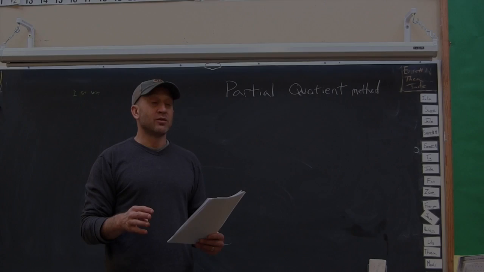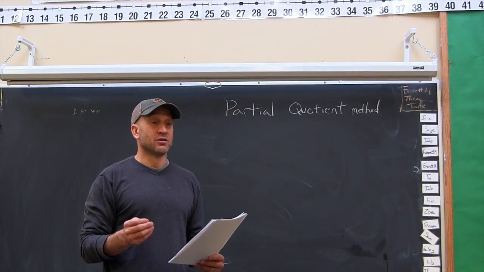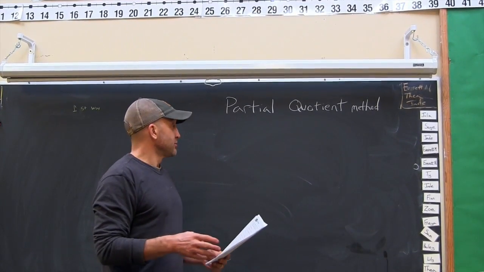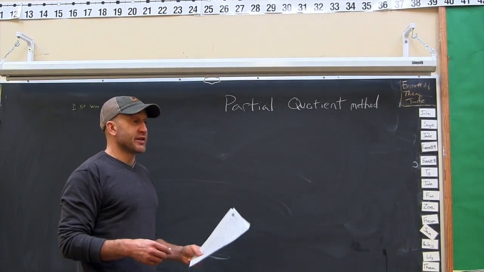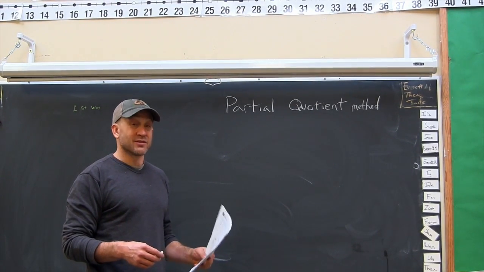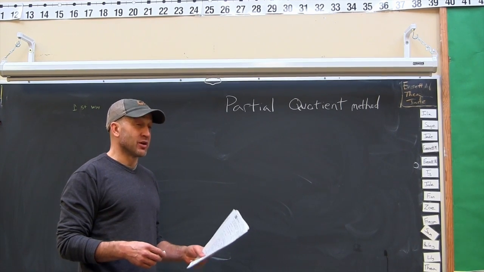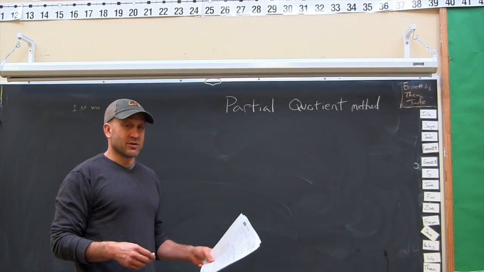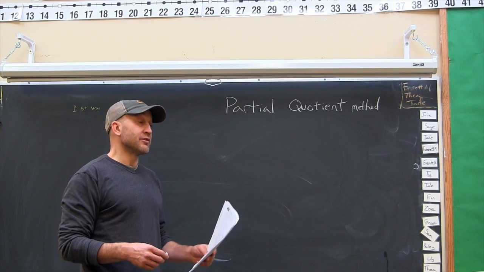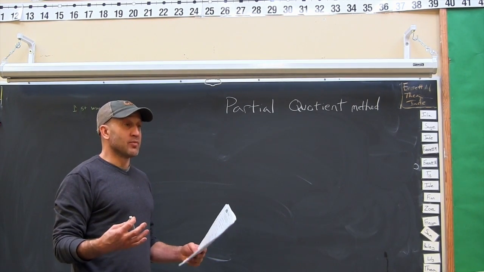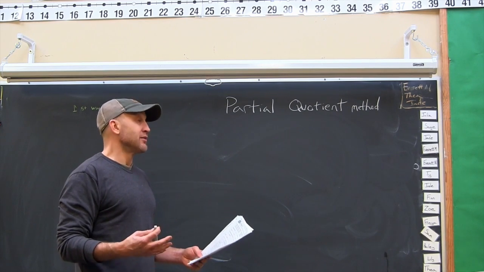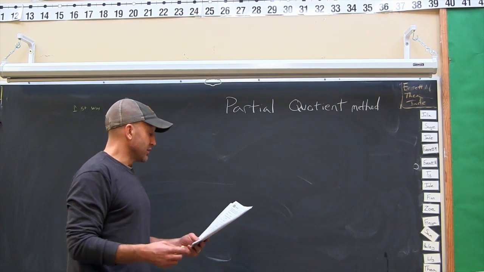I'm going to instruct you on how to do the partial quotient method for doing long division. The partial quotient method is the strategy that's taught in Everyday Math. It's a little bit different than what I remember as a kid, but I like the way this is taught, and it's also taught in 5th grade, so it's something that the 4th graders have to know, and I figured it would be good for the parents to know what's going on, to make themselves familiar with how they're learning